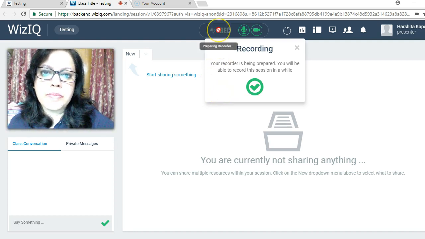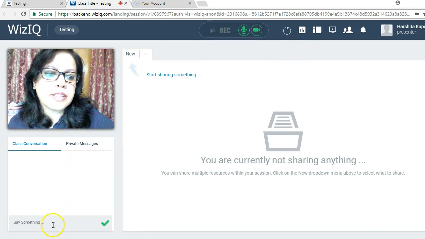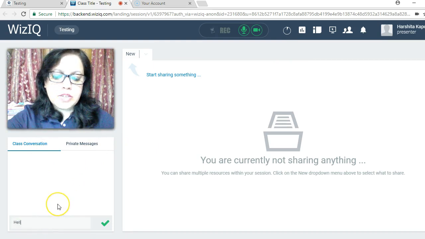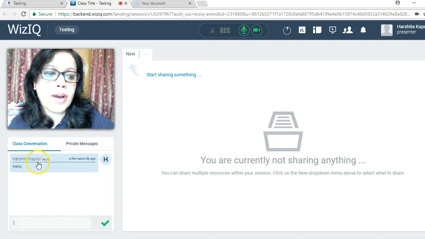when you hover the mouse over the recording option, it says preparing the recorder. So either you can wait for it, or in the meanwhile, we can check out other options. On the left hand side, you can see there is a class conversation window. This window basically is used for chat. So let's suppose I write a message, and yes, it displays who has sent the message and what the message